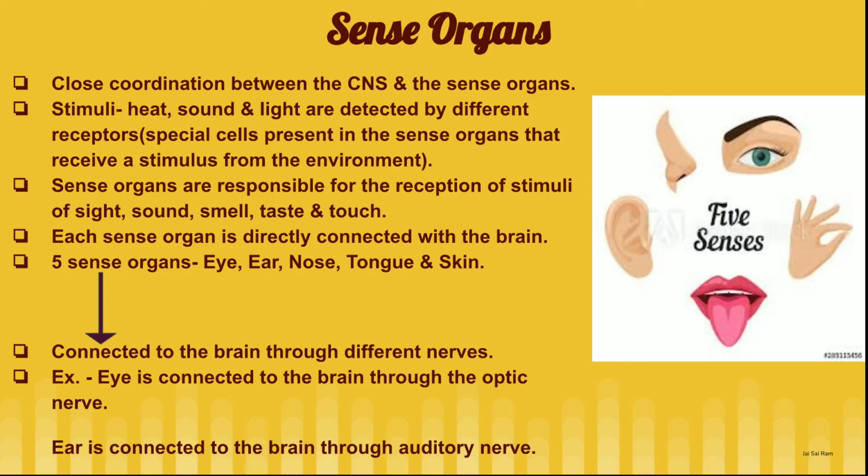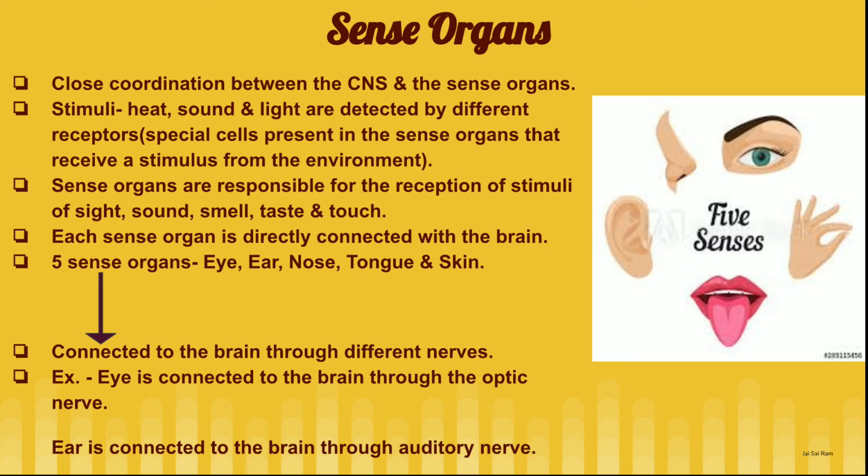Okay. Next is the sense organs. We know that we have 5 sense organs, that is ear, eye, nose, skin and tongue. There is a very close coordination between the CNS, that is the central nervous system, and the sense organs. Stimuli, that is heat, sound, light, etc., are detected by different receptors. What are the receptors? These are special cells present in the sense organs that receive the stimulus